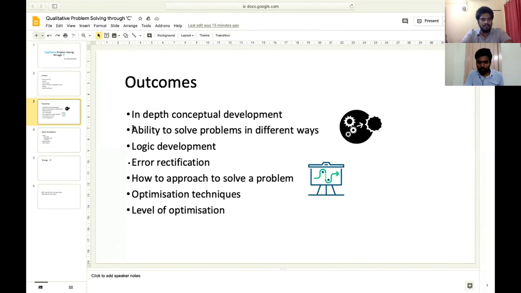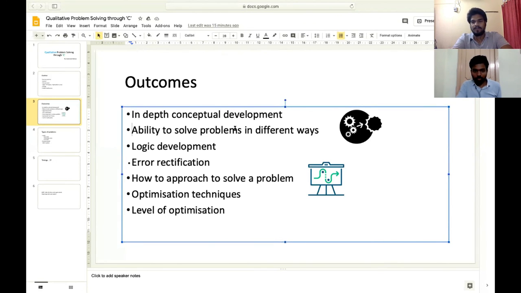Okay. And coming to the next point, ability to solve problems in different ways. Now sir has told you how many different ways you can solve a problem. When we come to finding the number of digits in a given number, we just think of one while loop, dividing the number by 10, repeating it and checking whether the number is greater than 0 or not. That is basic level coding. But sir has taught you one new logic. We want to teach students in that manner, not the basic one. Logic development, that is what sir has taught you, and has shown you many examples.